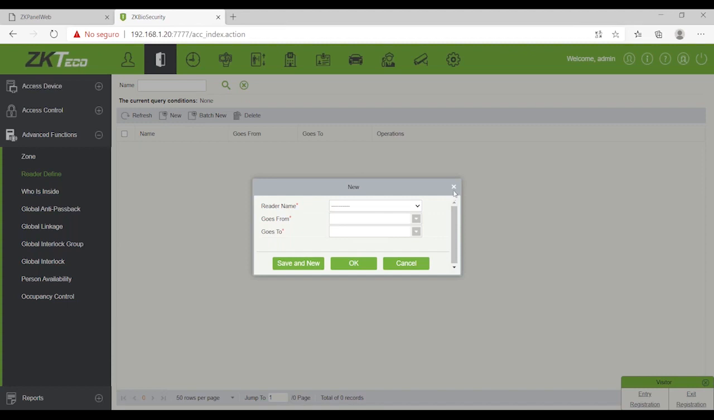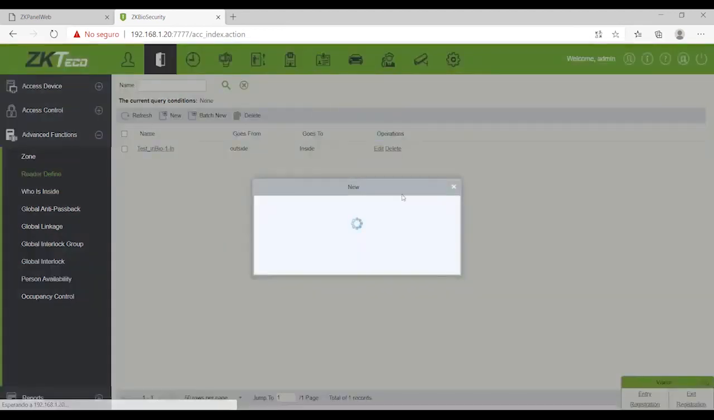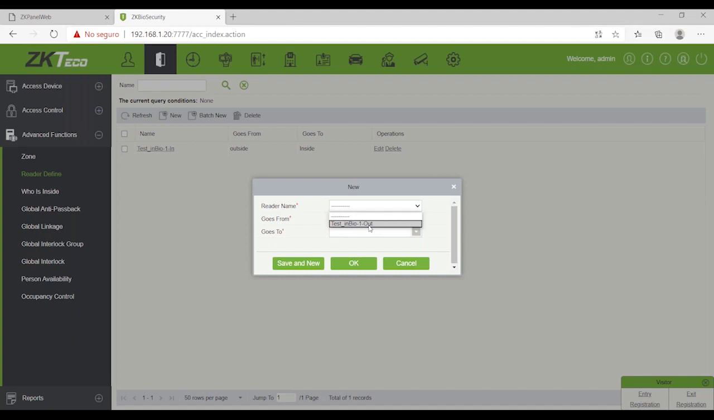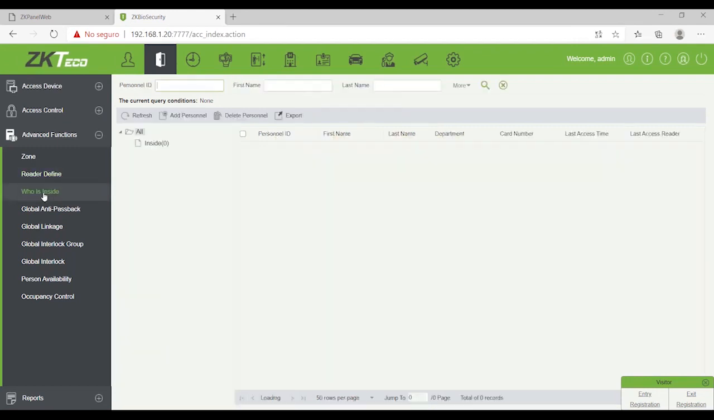Now I have to assign the readers that go from one zone to the other. In this case, my controller has only one door, and the in reader of door 1 is to move from outside to inside. And the door number 1 out reader is to go from inside to outside. Okay, here you see we have the who is inside. I have only one zone, and you can see that there's no one inside of this zone. So if I verify on reader number 1 in,